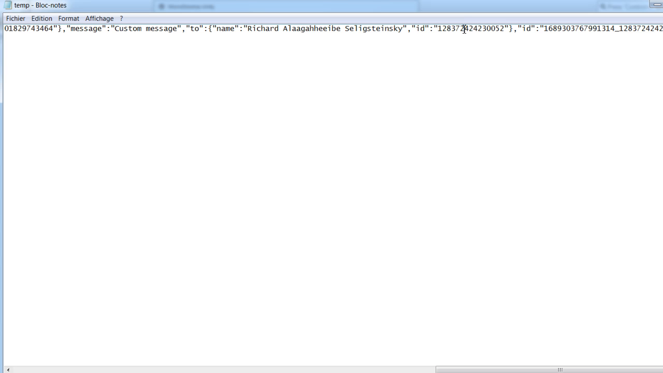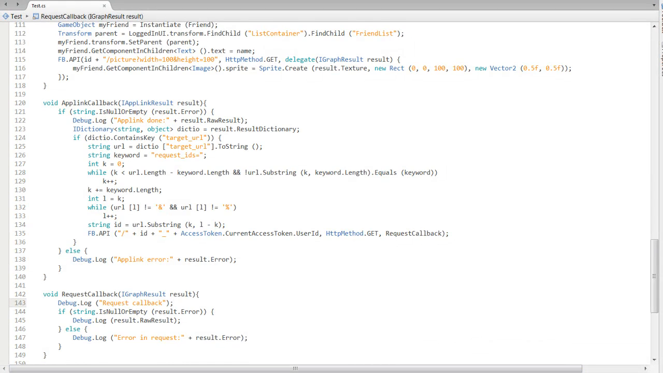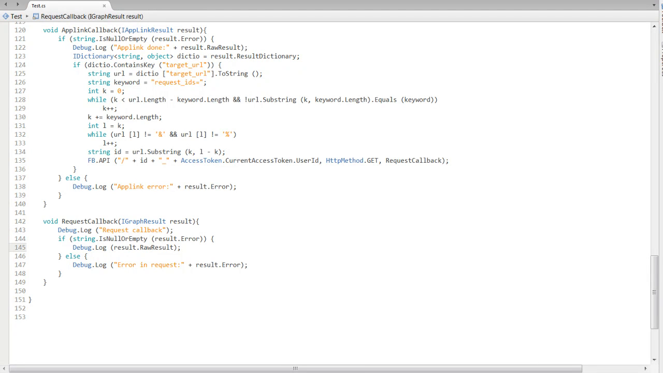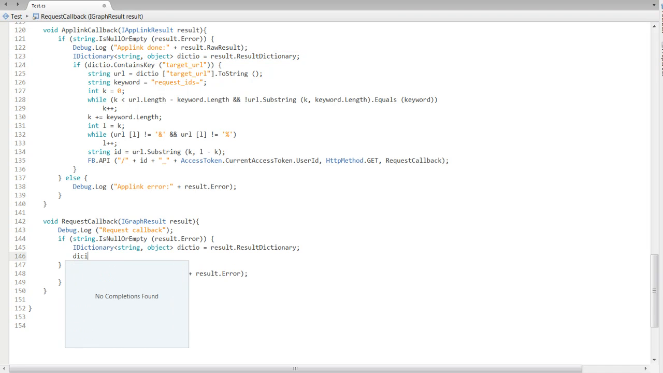As I only asked for the request with the ID of the user, in the recipients we only see the user concerned. Here is a copy of the ID that we sent. So this is the ID of the request underscore the ID of the user that received it. And with this, if we go back in our callback here, instead of debugging the raw result, we can retrieve the data field like we always do. So like we did before, we're going to retrieve the result dictionary here, and then in the data field of this dictionary, if there is one,